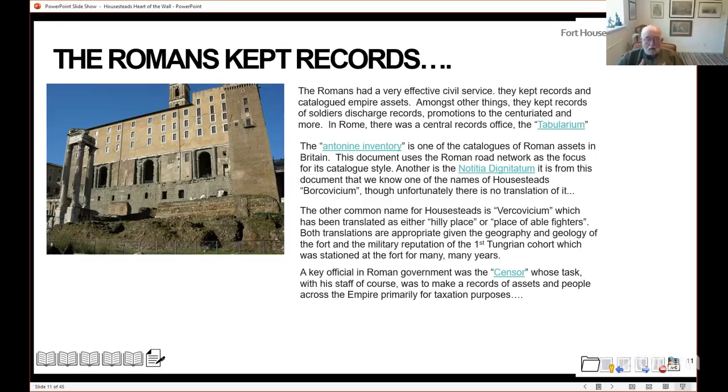Again, coming back to this ability to keep records, one of the key things was a guy, the censor. And the censor was key because what he would do was keep track of who was living where, even down to individuals if necessary. And from that comes taxation and so much besides. And again, it all affected